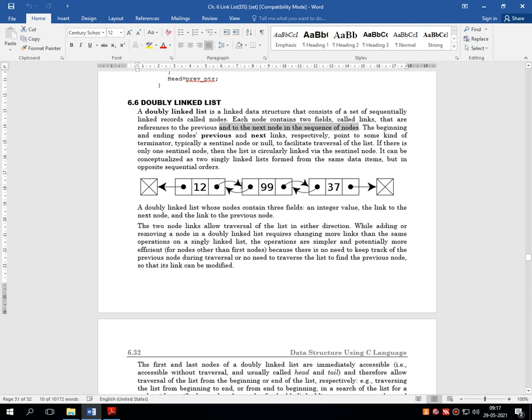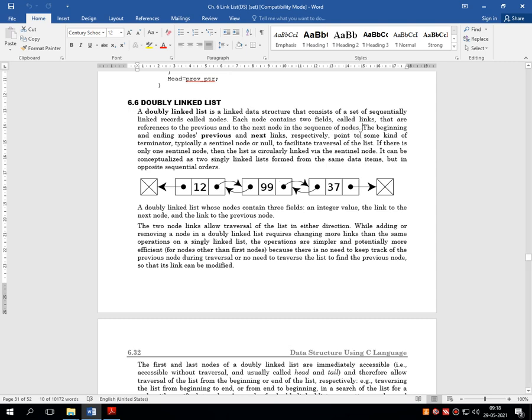So in a double linked list, there are two references called previous and next. Both are interconnected with each other. Every node makes a reference to the neighboring node in two different ways, previous and next. So that's why this is called a double linked list.